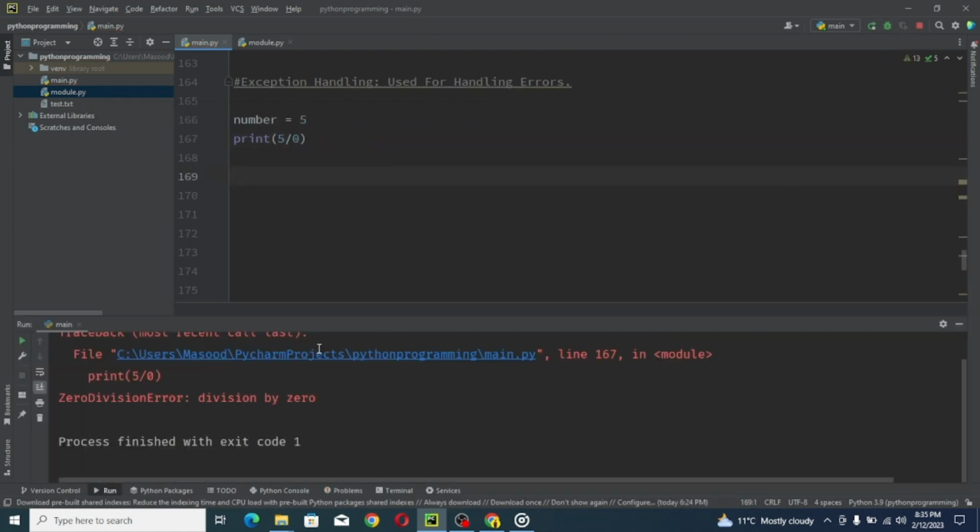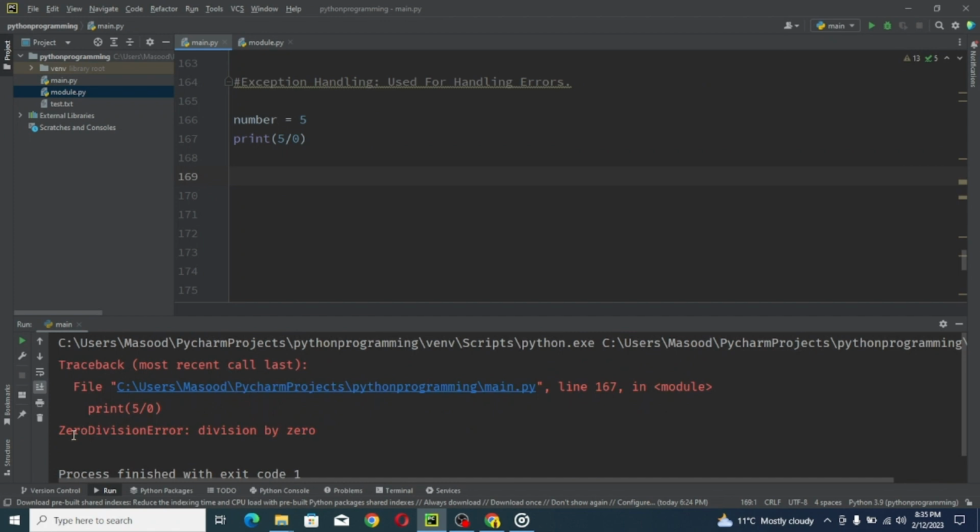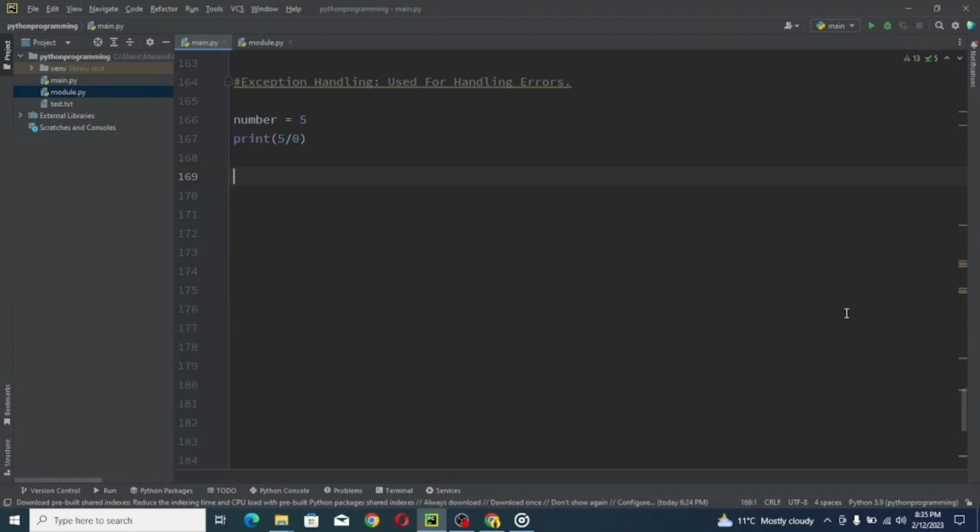If I run my program, and there you go, it has got an exception for zero division error, which means that I can use this exception to handle the error without breaking my program. So for that we will use try and except blocks in our program. You need to put the code that might throw an error inside a try block, and to catch the error you can use except block, which will get the exception. So I will give it an alias name of e,